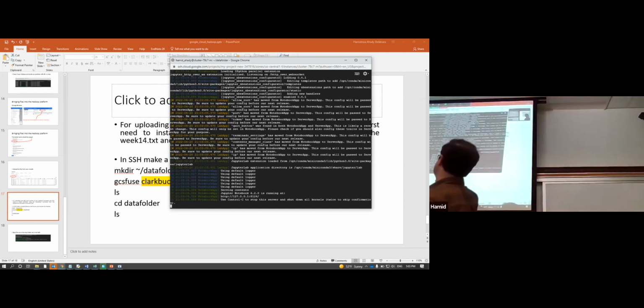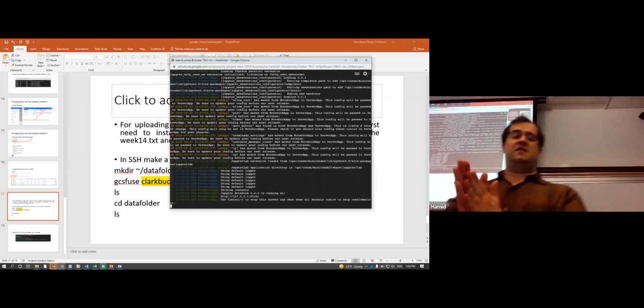But this 127 is a local address on your Google Cloud. It's not your own system. 127.0.0.1 just means localhost, but this is a localhost on Google. So you need to do your own research on how to find some IPs that you can put on your system and connect to that Jupyter node. So these are two optional assignments,